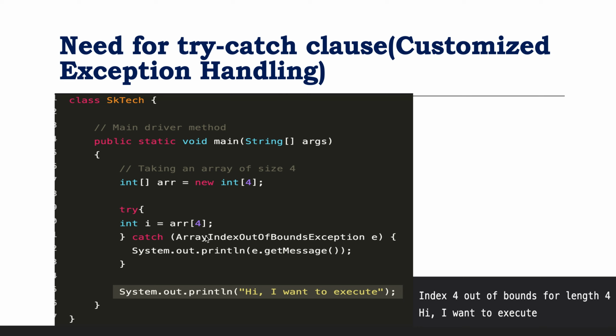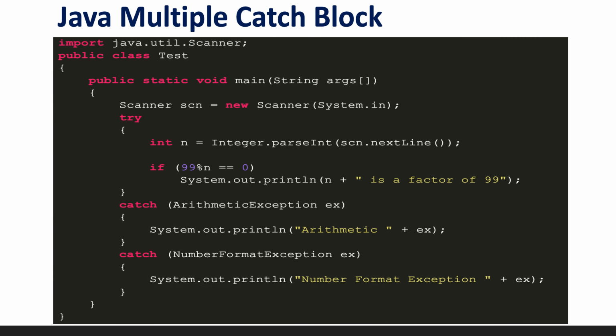But here if you observe, based on experience we got to know that this statement can cause an array index out of bound exception. But what happens if a statement can cause multiple exceptions? How can we handle it? We can handle it using multiple catch blocks. How can we do that? Let's say we have a statement like this. We are taking input from the keyboard as an integer type, and based on the number we provide, we are doing some operation here.